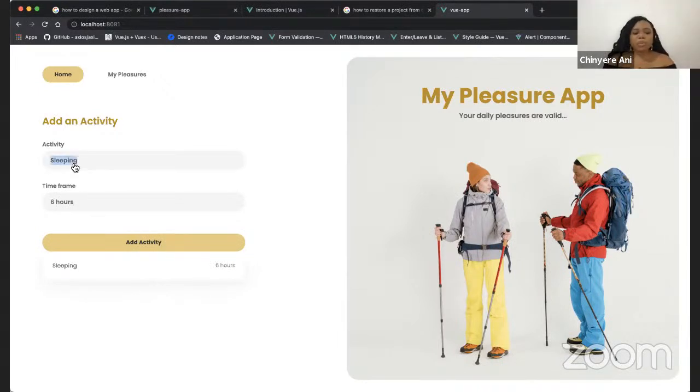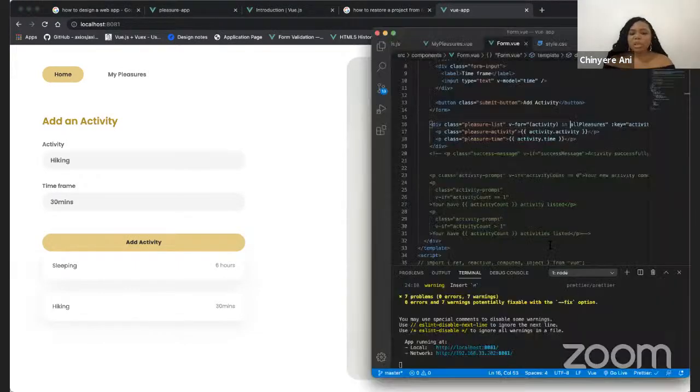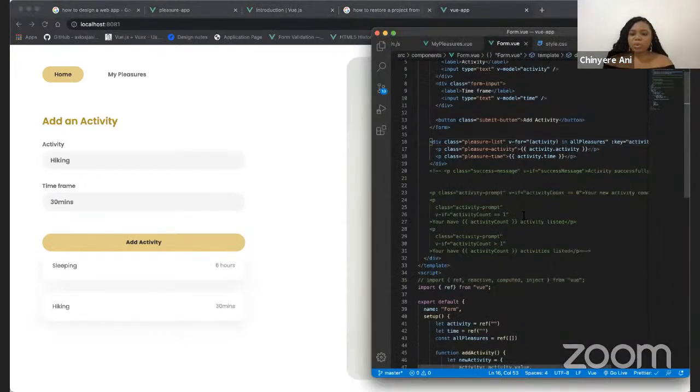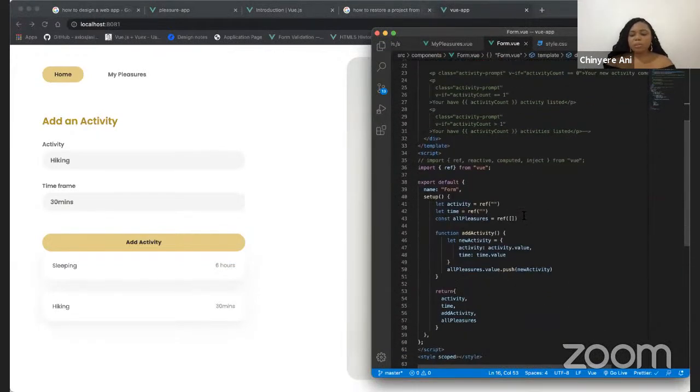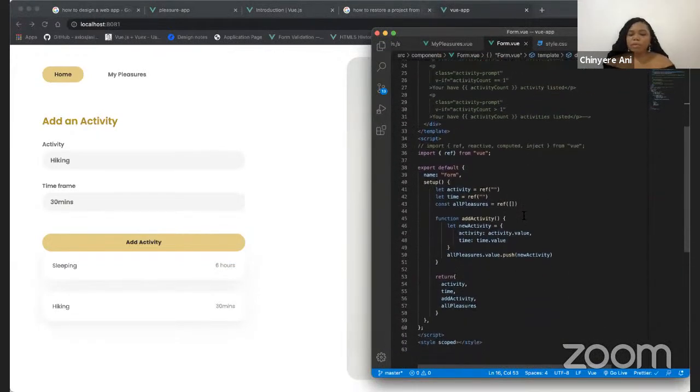So say I want to do something else like hiking. If I'm going to hike, I want to do that for 30 minutes. And then the moment I click on add activity, you can see hiking listed here as well. So that's how you would work with refs. That's how you work with refs in VueJS